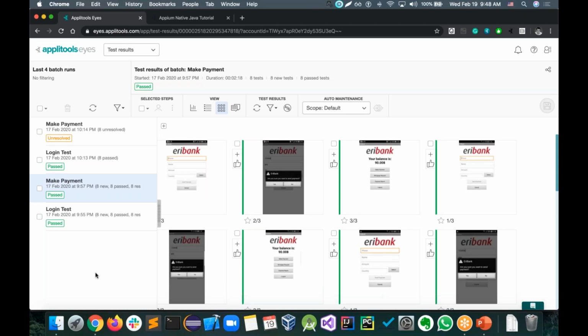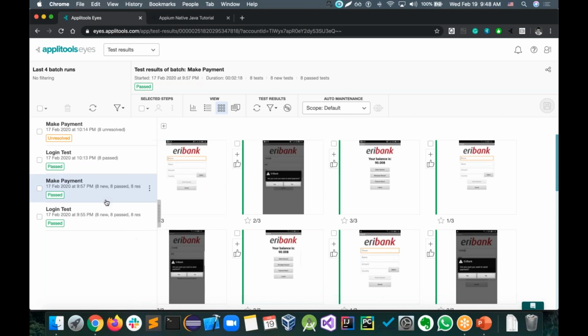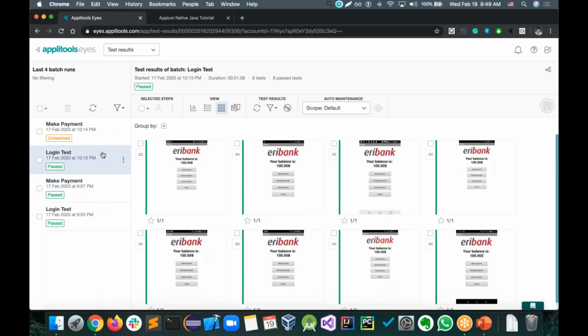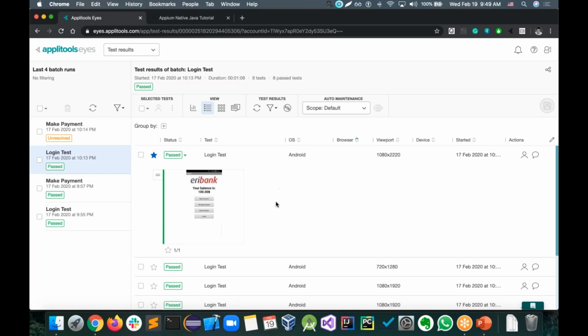And to override it, because let's say something was funky or you have a new feature that you want to accept, you simply go into the screenshot that you want to accept and you click thumbs up. So this one is automatically accepted because it was the first time, but let's look at the second time. So here we have this test, and I marked it because this is a great example of a past test